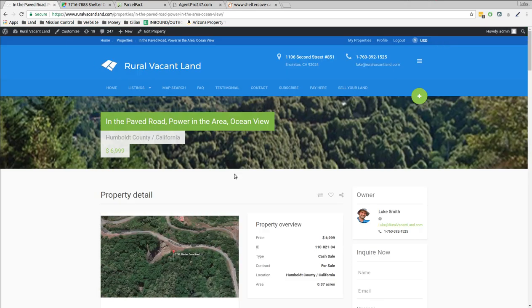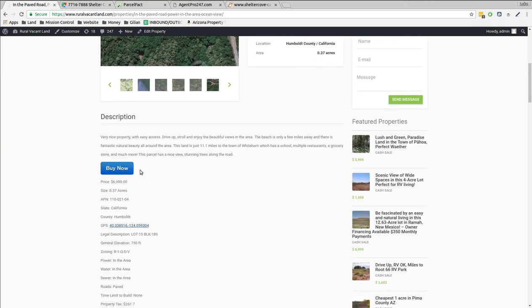And it's online checkout. It's $6,999. There's a buy it now button, and you can get a property with a view of the ocean. You can drive right up to the power line right out front and a water line in the street. There's a water line, power line, a view of the ocean for